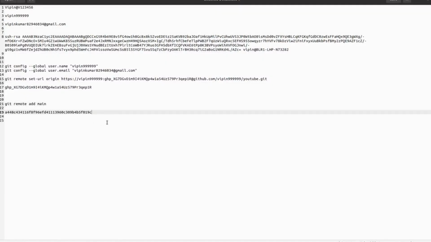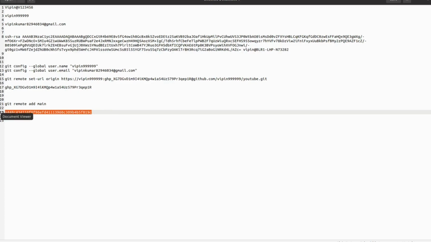In order to revert it, we need the commit ID. How can you get the commit ID? You can run git log, and using that command you can see the different commit IDs here.